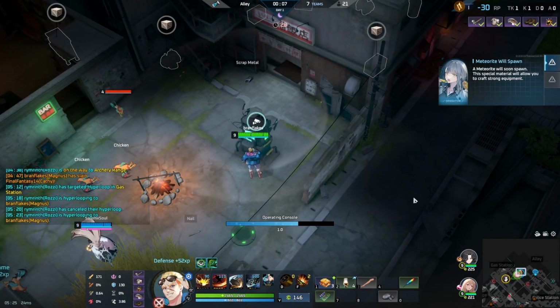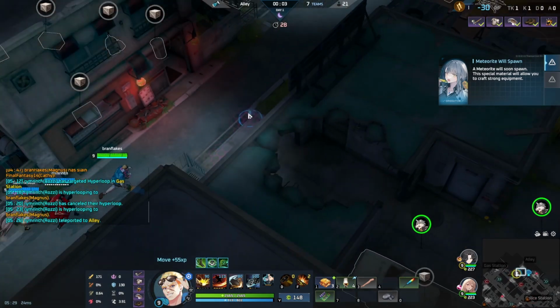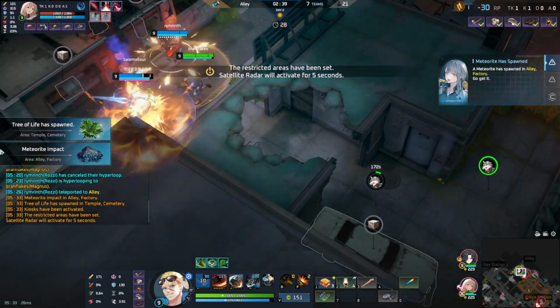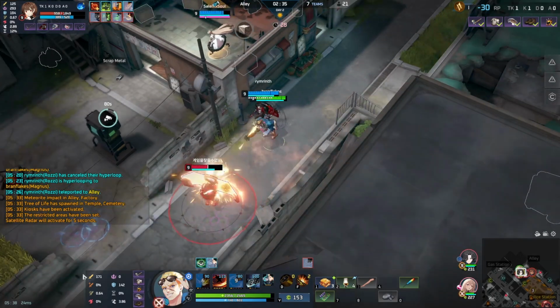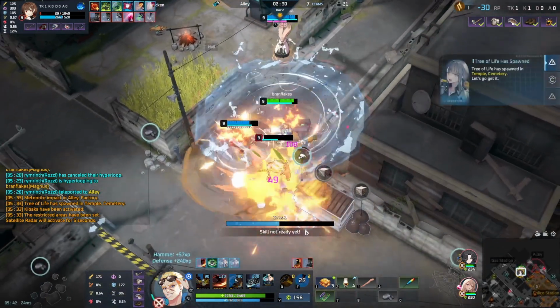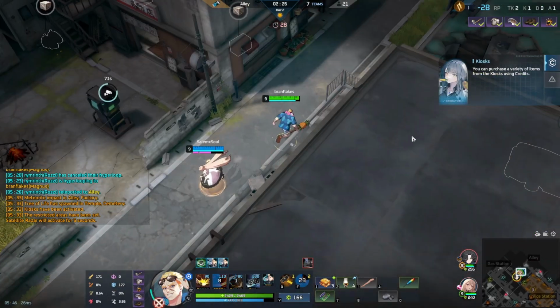This is actually a really smart play by the other team. They know the meteor's spawning, so what ends up happening is that the Estelle ends up kind of running at us and zoning us from the meteor. So the Estelle is pretty good at cheesing out escapes. I think she makes a mistake here of R'ing herself instead of a teammate to get out, but because she sacrificed her life, her team got the meteor very